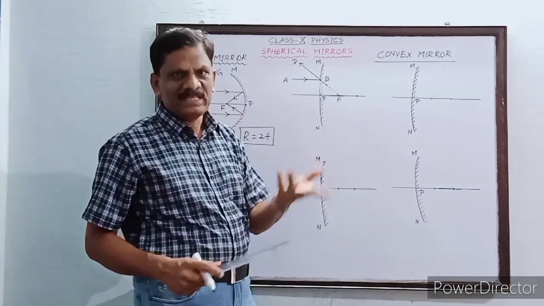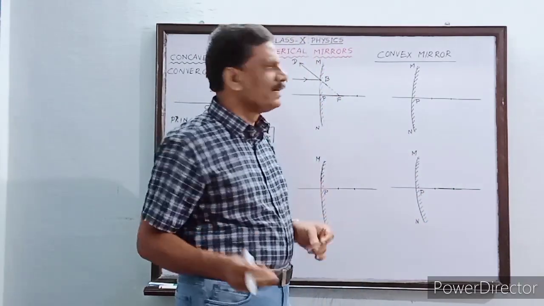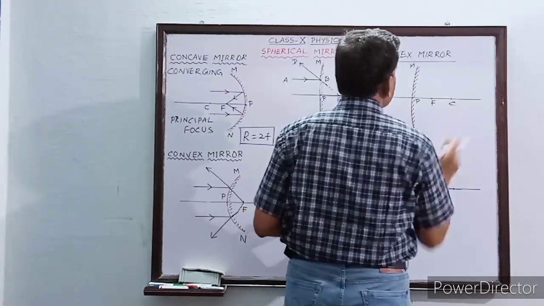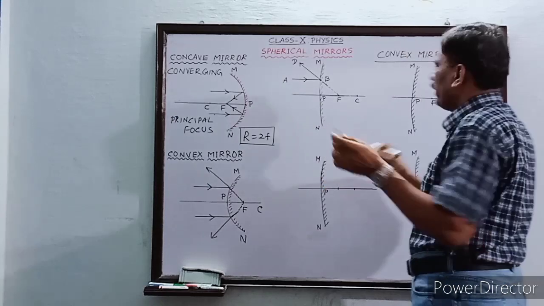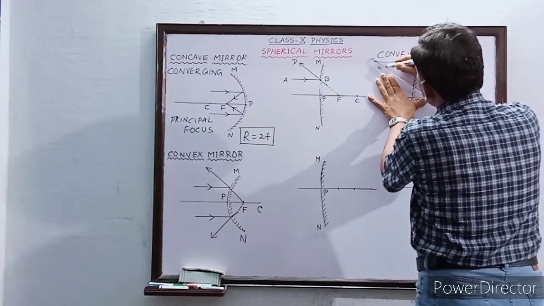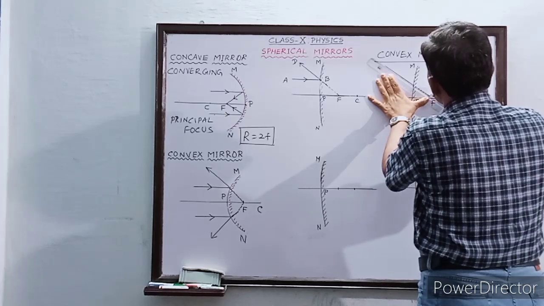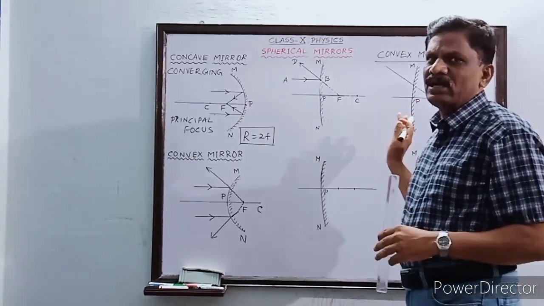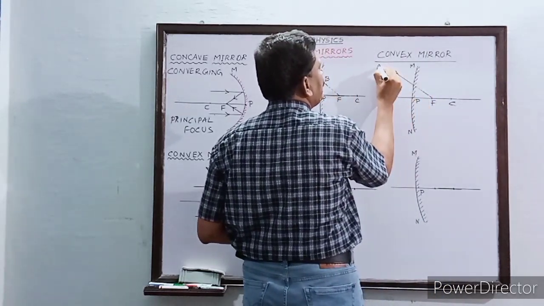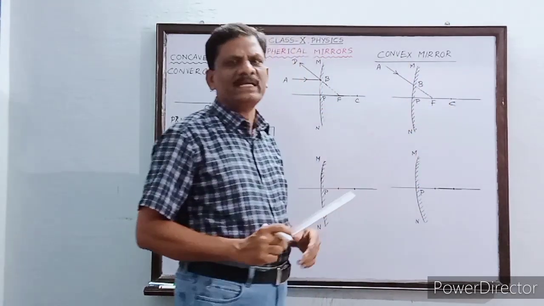Okay, the reverse of this. What will happen if the incident ray is falling at the principal focus? For that, how to draw is very, very important. You see here, this point is F, this is C. So you take a scale and keep it at F, and this is the incident ray. By dotted lines you join, on the other side of the mirror you draw the dotted lines. So this is the incident ray AB, and finally it appears to fall at the point F.